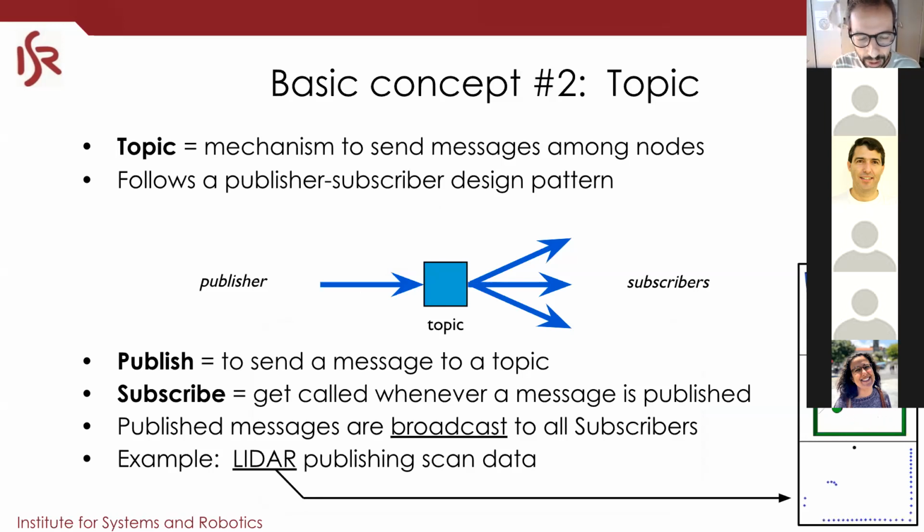If you want, the only place where you can see the topics is maybe on the ROS core. The ROS core stores all of the topics that are running, so it has a list of topics. That's one of the places where you can visualize the topic. When you have multiple nodes publishing to a topic, they are all on equal footing. There is no owner of the topic. Nobody owns the topic.